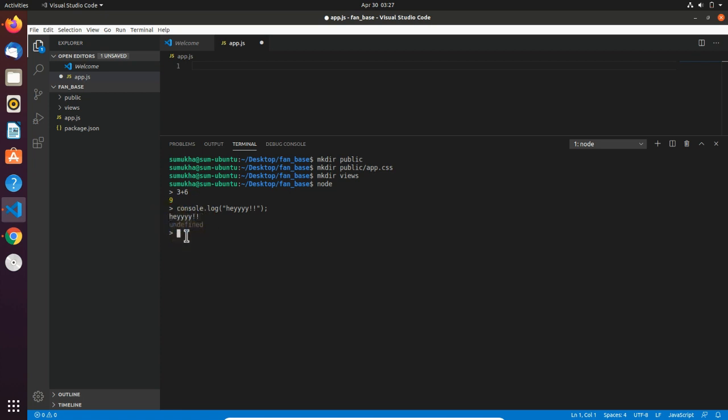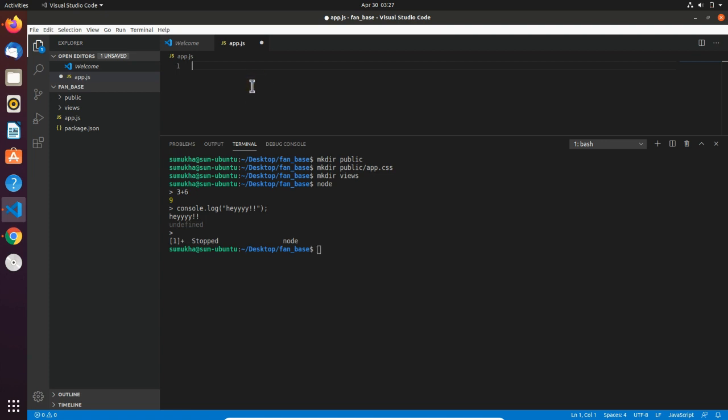So while studying about Node.js in the last video, we told that JavaScript can be run outside the inspect element environment, which is the Chrome. If you go into Chrome and press Control Shift I, and there if you go to console, there you can run JavaScript. And here with the help of Node, we can even run it in our bash terminal. So this is the main advantage of Node. I'll go out of this terminal.